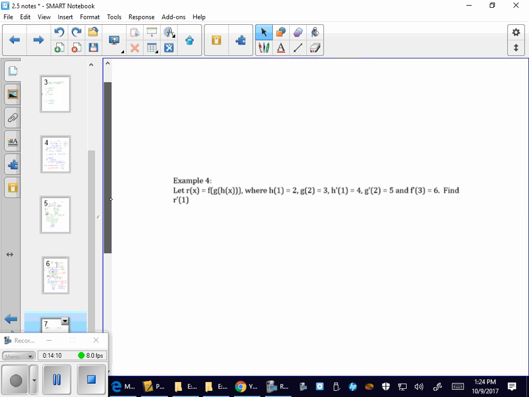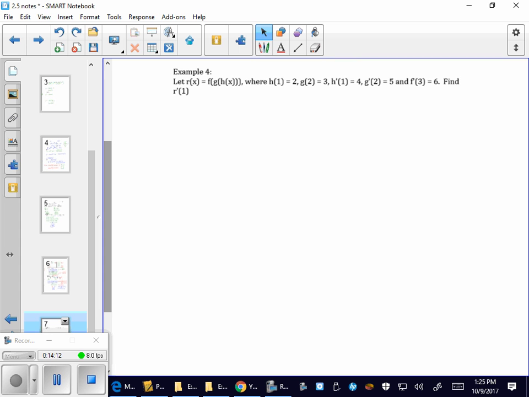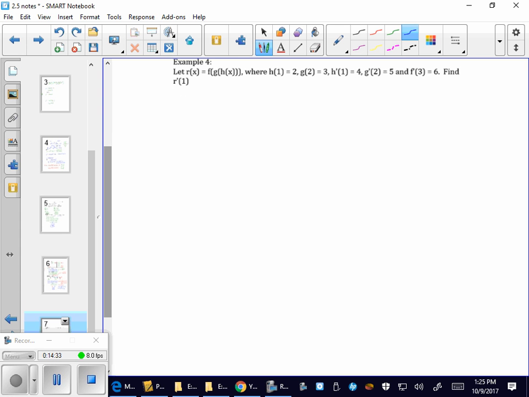All right, last one. Okay, we've kind of dealt with this already in the fact that we did a triple chain rule with trig functions, a little bit easier with trig functions, but this isn't that hard. It's just tedious to write it out. So r of x is f of g of h of x. And then they give us a whole bunch of values up here. We want to find r prime of 1, so again, to find r prime, we need to find r prime of x first,